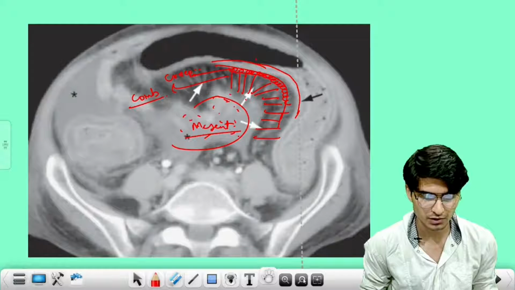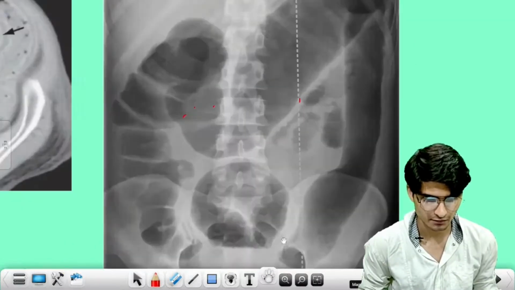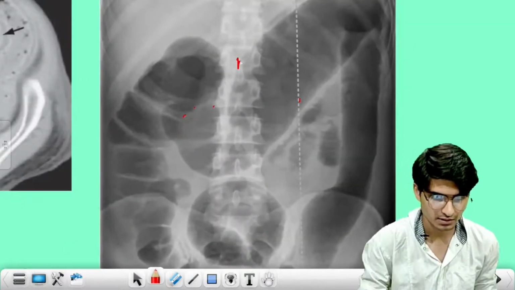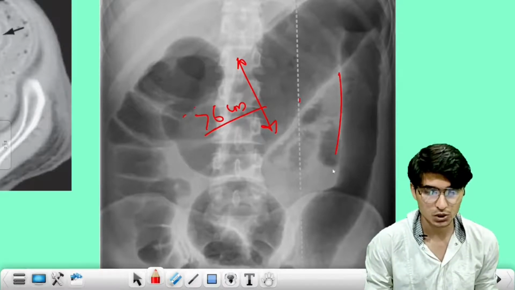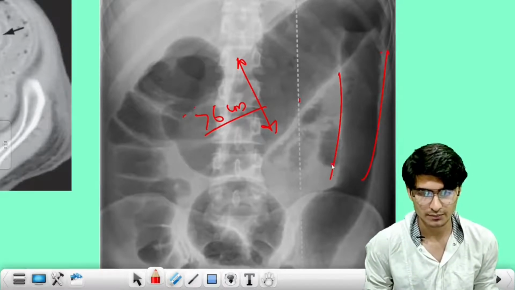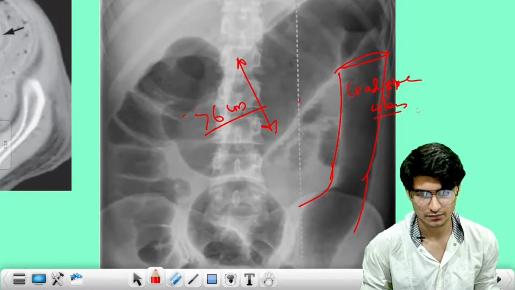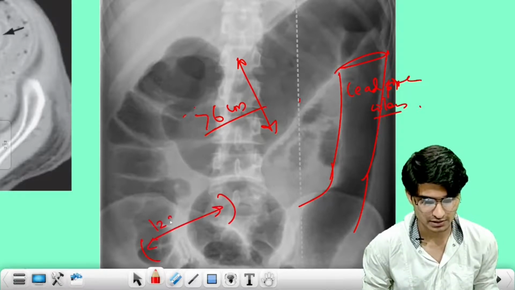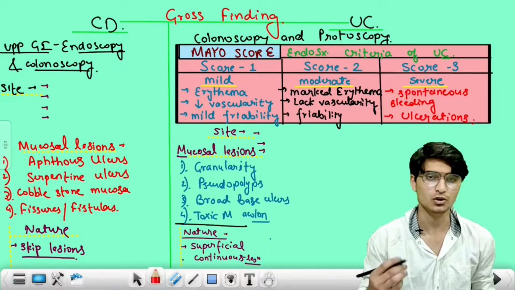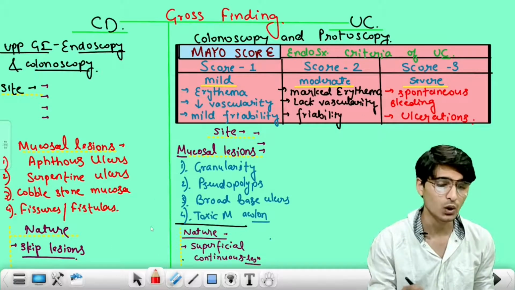Okay, so this is it with respect to this, and now we will discuss toxic megacolon here, right? So this is our transverse colon. Diameter is more than 6 centimeters here, and that is showing the lead pipe colon, the characterless colon, the lead pipe colon. And this is our cecum, diameter more than 12 centimeters. That is our gross presentation or endoscopic findings, and we have discussed it previously, but now we will go for